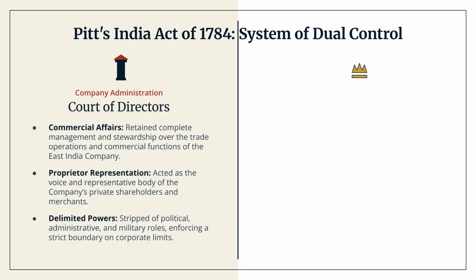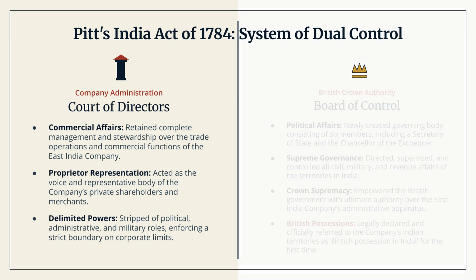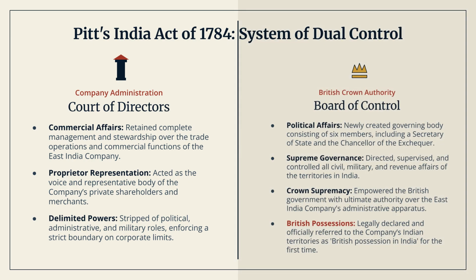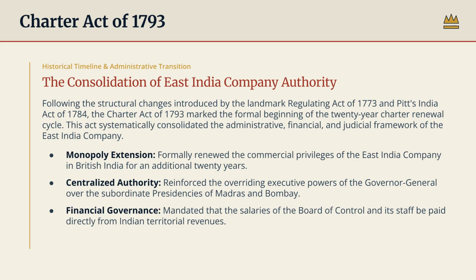Pitt's India Act of 1784 introduced a system of dual control. The Court of Directors continued to manage commercial affairs, while a new Board of Control was established to oversee political, civil, and military affairs, clearly asserting British Crown sovereignty. The Charter Act of 1793 marked the beginning of a 20-year renewal cycle. It further consolidated company authority, extended its trade monopoly for another 2 decades, and reinforced the Governor-General's power over the